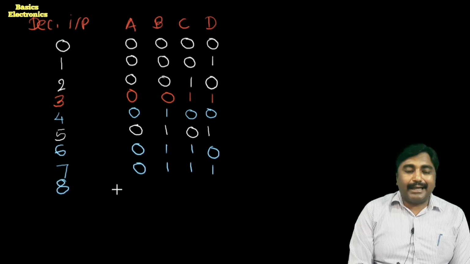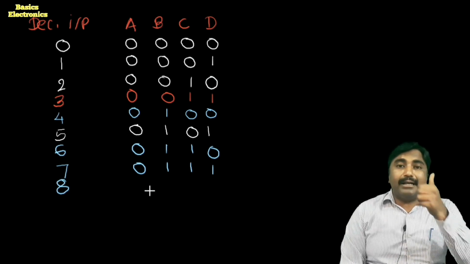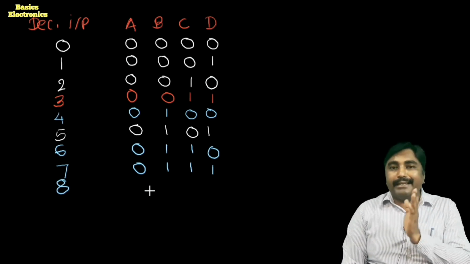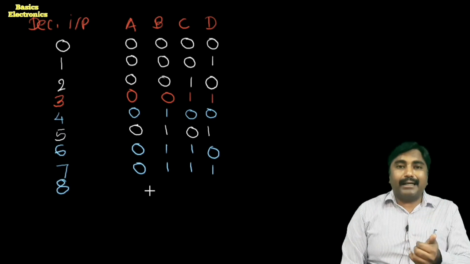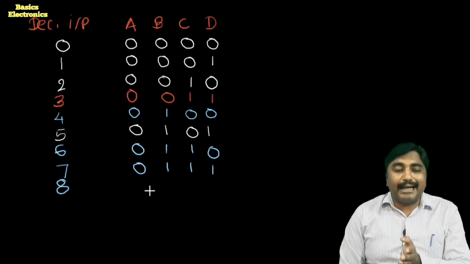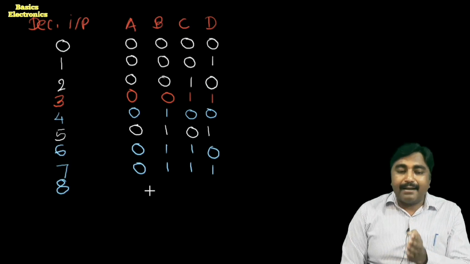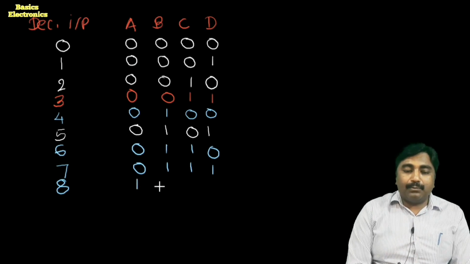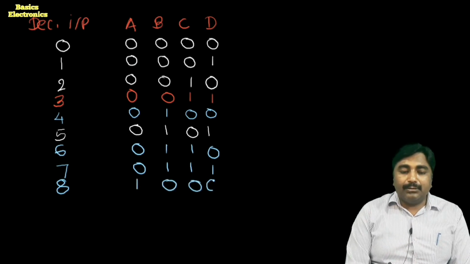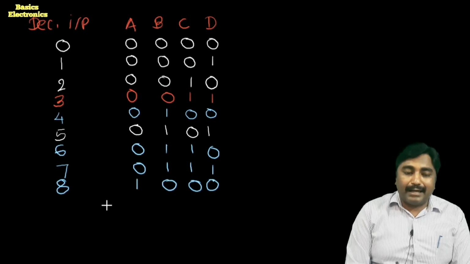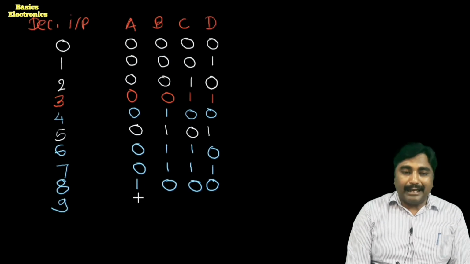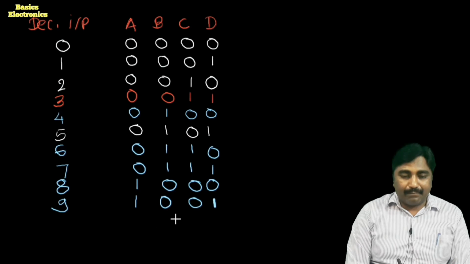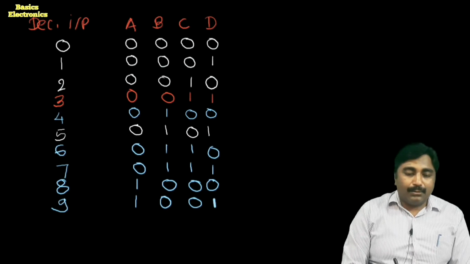When we press the switch 8, when we apply the decimal input 8, what does it mean? It means the button or key which is assigned for the decimal digit 8 produces the output 1, 0, 0, 0, meaning its BCD equivalent is 1, 0, 0, 0. When the last key 9 is pressed, at that time we get 1, 0, 0 and 1.